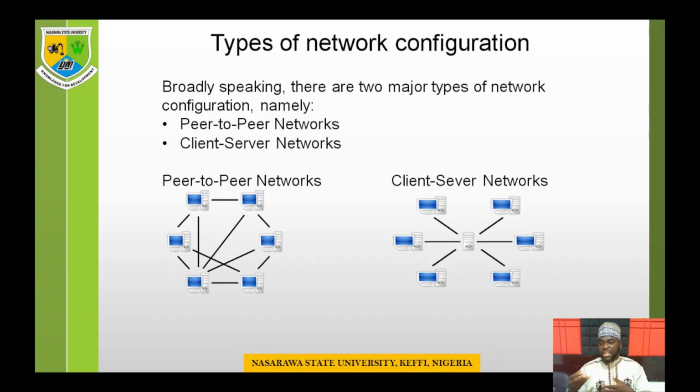To correct this, the next network configuration is the client-server configuration. This is the most popular, most effective, and most used type of network configuration. At the center, you have your server, and all the computing devices are connected to the server. This relationship is often called the slave-master relationship. The clients, which are the computing devices, are the slaves, and the master is the server that coordinates and regulates